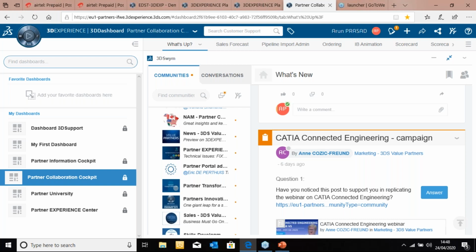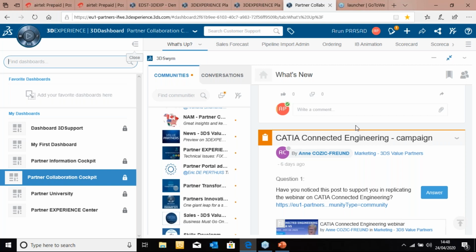It could be a community that the management or the leadership team alone can be a part of, or you can build a community with only the HR department's related activities, or a community with respect to engineering. I can build a community or a team within this dashboard where I can have access to all engineering related information, or I can build a community where I can have access to all my resources who are part of my manufacturing team, and at the same time I can share the relevant information, thus bringing a collaborative environment.